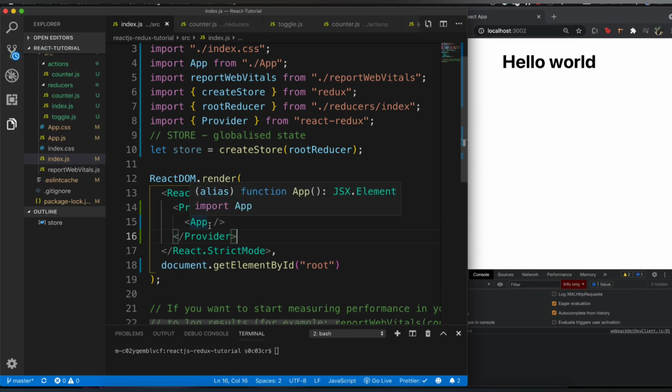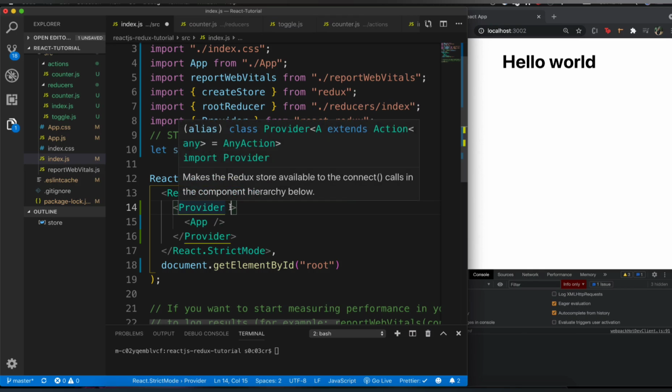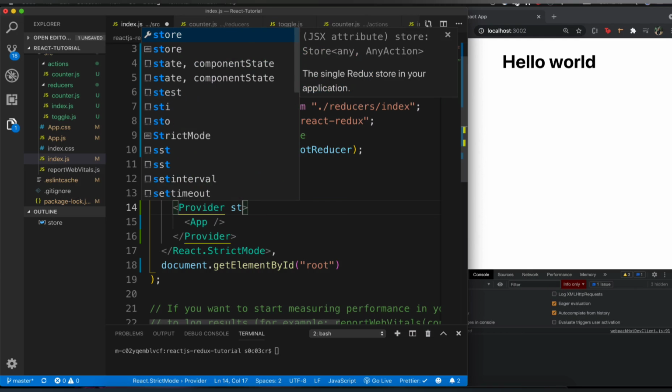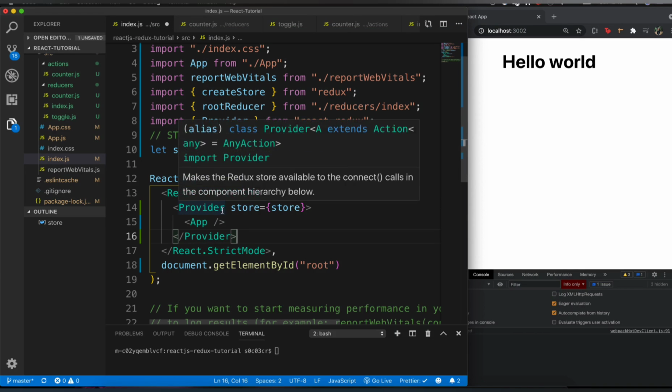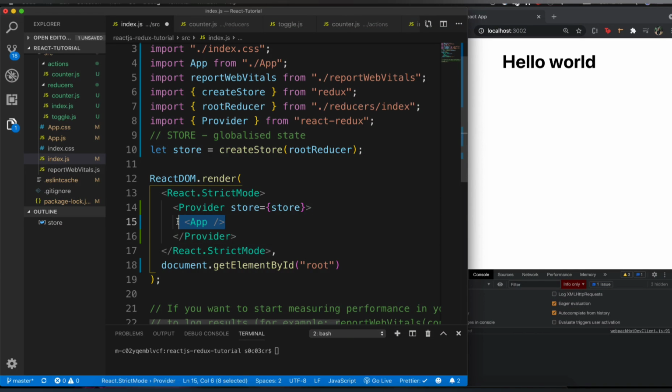So we are basically saying that I want to provide my app.js with a particular store, right? So that store will have to pass it as an argument, right? We'll have to pass it as a prop, because now there's no way for app.js to know who is actually providing the data, right? So we want to say store equal to, and whatever the store is. So in our case, it's called store itself, right? We have named it store. So now by doing this, we are saying that we want to provide app.js with this particular store, right? So now app.js should have access to the store that we have created.